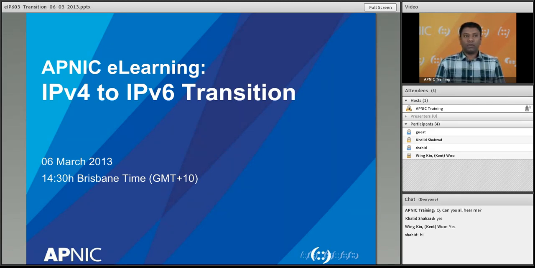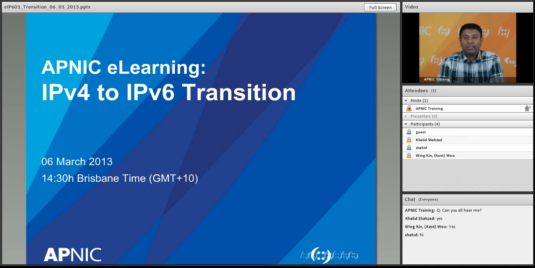When we talk about IPv4 and IPv6, the very fundamental concept is that v4 and v6 are completely two different protocols. They are not backward or forward compatible. What does that mean? If you are running any server or any machine on the IPv4 protocol, and another machine, either a server or a client, running on the IPv6 protocol, those two machines cannot communicate. Simple as that. It's two different languages. If two persons speak two different languages, they cannot communicate. Same concept in IPv4 and IPv6.